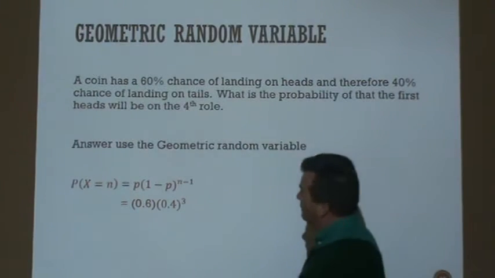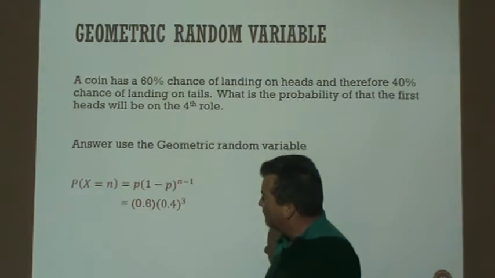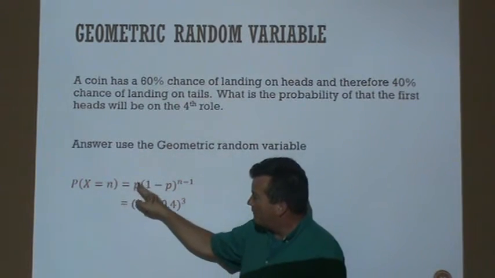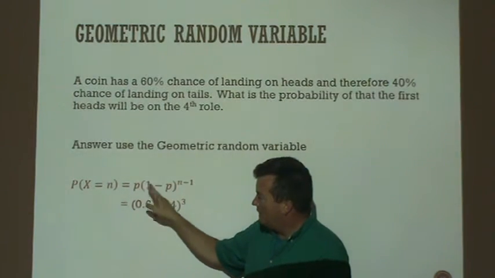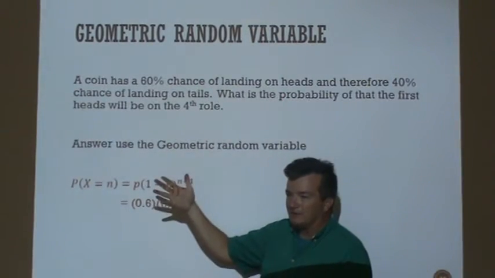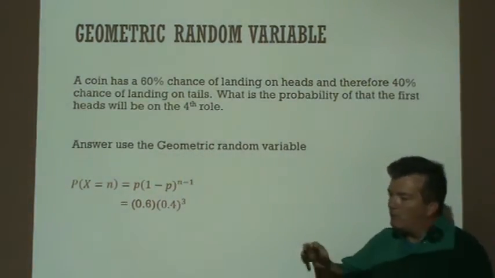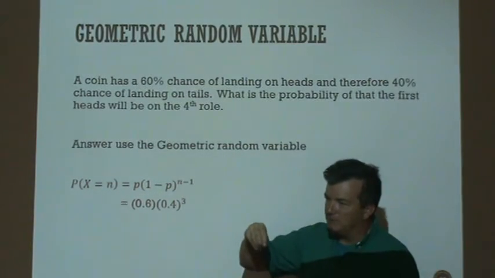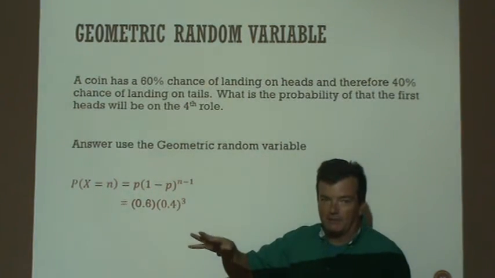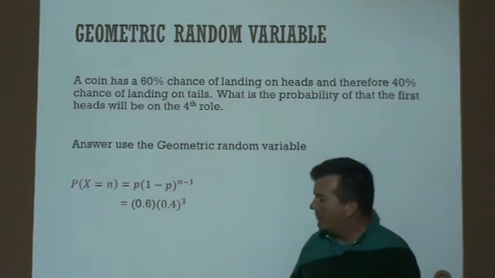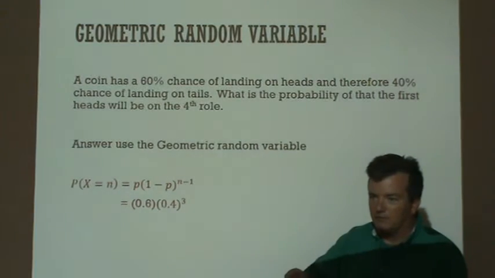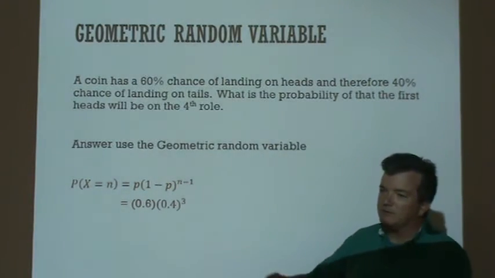So you would use the formula for what's called the geometric distribution. The probability of it being any number n would be the probability of the event occurring times the probability the event didn't occur for all the other times, right? So for example, what would have to happen for the first time a heads comes up to be on the 4th flip? We'd have to have tails, tails, tails, heads. It's the only way it can happen, right? So what's the probability of getting a tails on the first flip, times the probability of getting a tails on the second flip, times the probability on the third flip, and then times the probability of getting a heads on